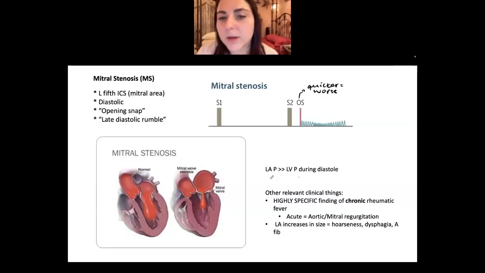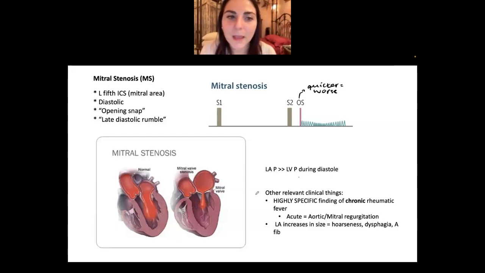For Wiggers' diagram, the left atrial pressure is going to be a lot more than the left ventricular pressure. It's the same thing as with aortic stenosis with the left ventricular and aortic pressures. The left atrium has to increase how much pressure it puts out to open up this valve compared to normal. So it's going to be a lot higher than left ventricular pressure during, sorry, during diastole,